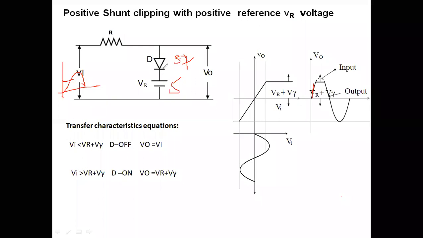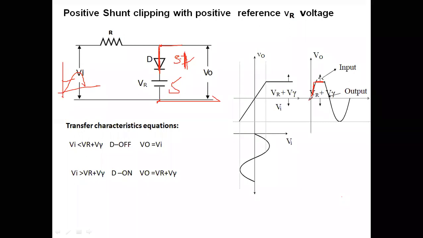If I consider it as an ideal diode, when my input voltage reaches 5.1, this diode gets on. Because the anode voltage is 5.1 volts and the cathode is 5 volts, the diode will be in on state. When the diode is on, it may be short circuited. Then this 5 volts, that is our reference voltage, is connected across the output. If you connect a voltmeter here, it will show this 5 volts. Therefore output will be maintained at constant 5 volts.